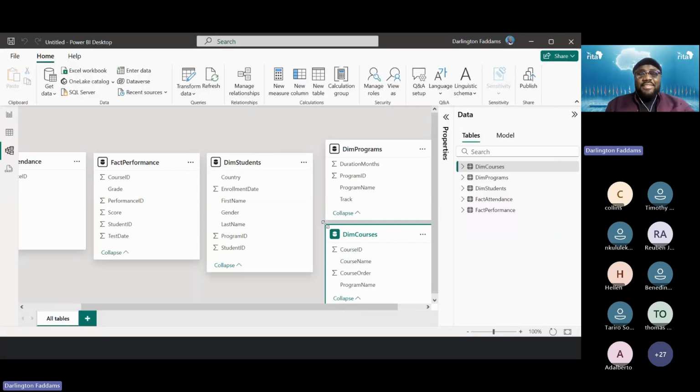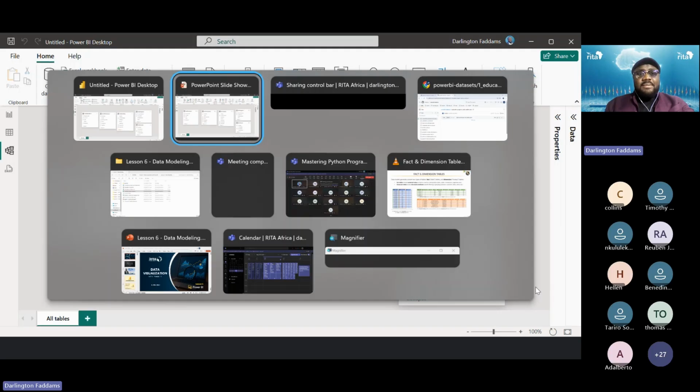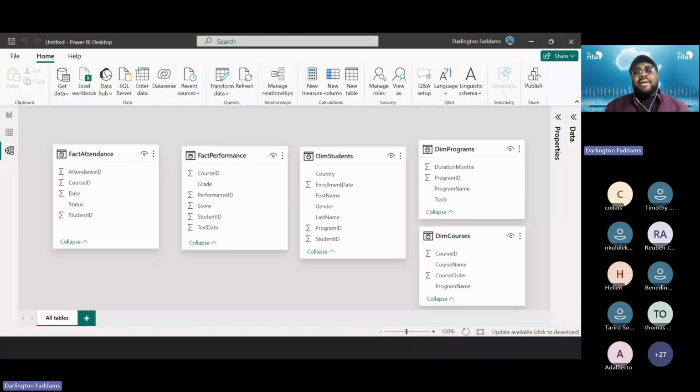All right. So this is fine. If you have this, the naming done right, and your 5 tables, please take a screenshot and share with me in the chat. Let me see the first person to share. If you have this, delete the relationships and just share with me because we are going to learn how to establish relationships. All right, Nkuleko, thank you. Perfect. Samuel, great. Awesome. All right, so this is exactly what I have in my